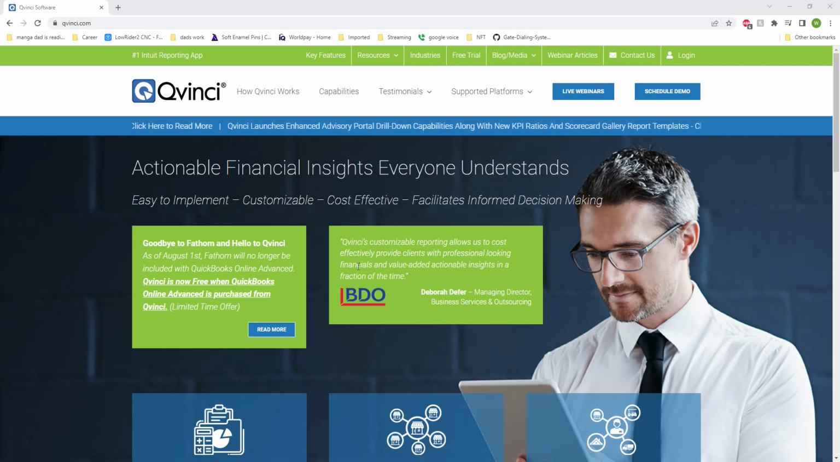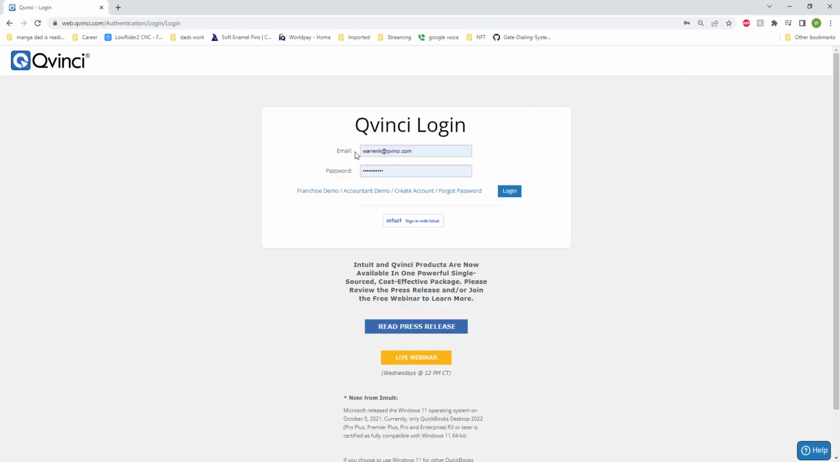In order to link your QuickBooks Online full file to Qvinci, you should have received an invite email to activate your account and set up a password. If you already have that, you can go ahead and go to Qvinci.com, click Login, and enter your email address and password. If you haven't received that invite email,